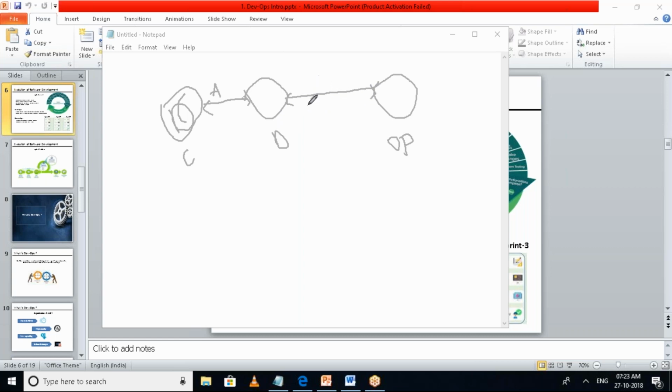There is a gap between the developer team and the operations team, because once the product is developed, the development team hands it over to the operations team so that they release it in the respective environments. If this is working fine, it's okay, and if there is any issue, the operations team has to come back to the development team and give them feedback so that they restart their work, fix those issues and come back. So it is a cycle.